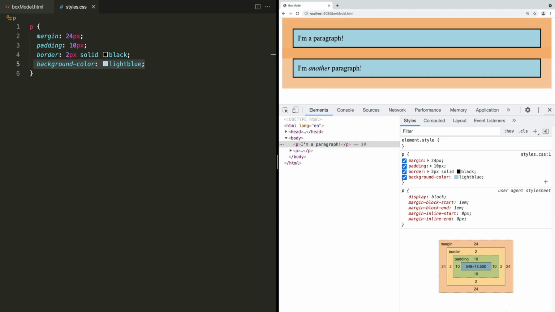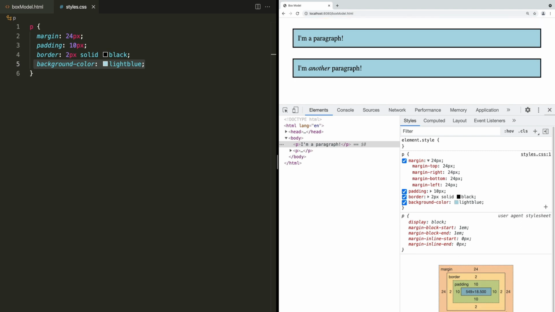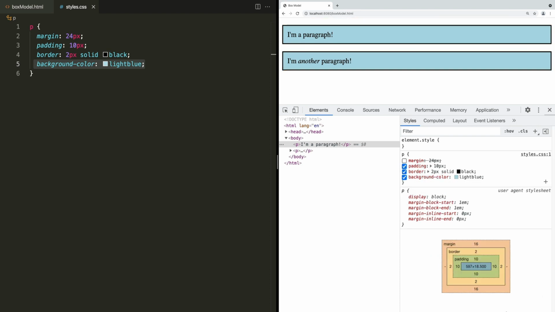We can see here in the inspector, if we go over to the paragraph tag, the margin has 24 pixels, and we can hit this little arrow to see all of the individual values. So margin is actually margin top, right, bottom, and left. So I'll disable this value for a moment and you'll see the paragraphs get a little bit closer together. There's still some margin because there's default margin coming from the user agent style sheet, which in this case is